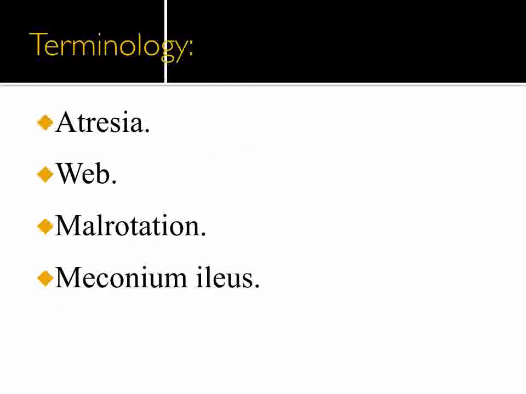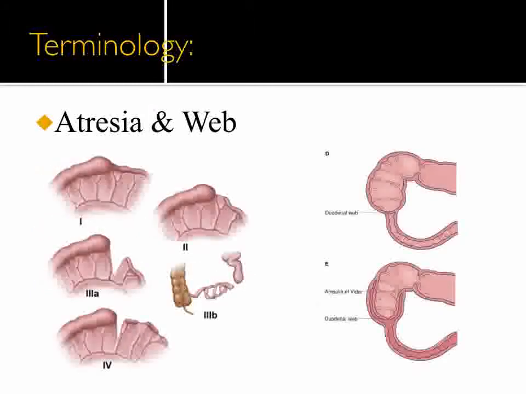During this lecture, we are going to meet some terms that may be new for us, like atresia, web, malrotation, and meconium ileus. So before enumerating the causes of neonatal intestinal obstruction, we have to explain some of these terms. First, we will explain the meaning of atresia. Atresia and web are the same condition but different presentations. Atresia means